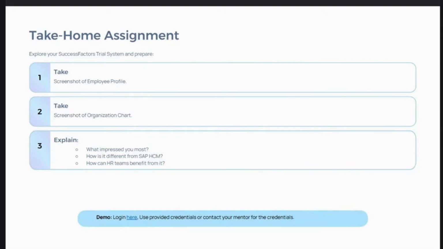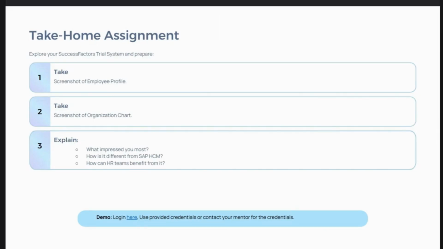Then you need to explain 3 things: what really impressed you the most in this portal, how it is different from SAP HCM, and how the HR team can benefit from it. Just 1 point for each and you're good.